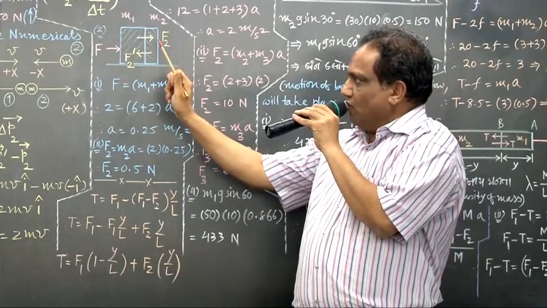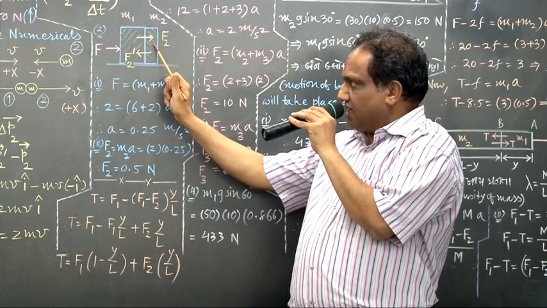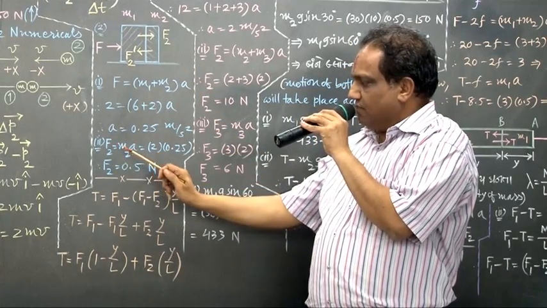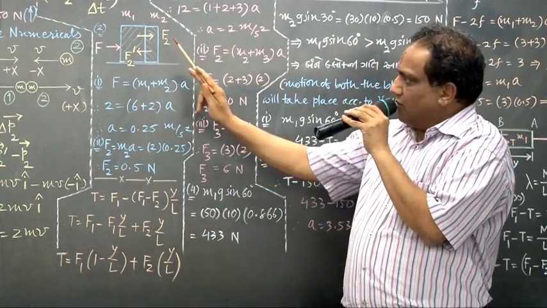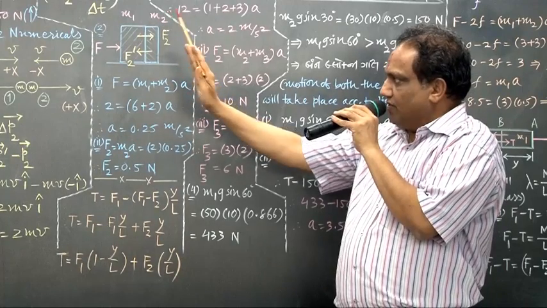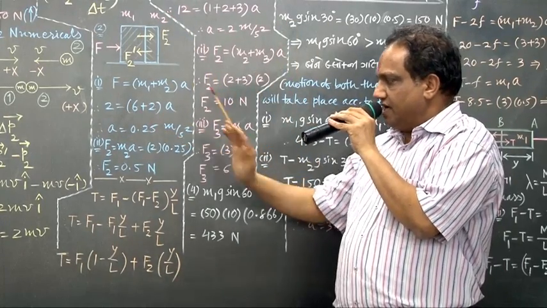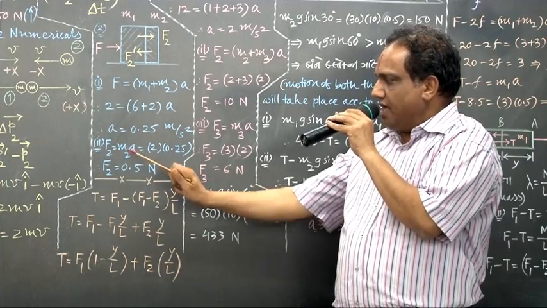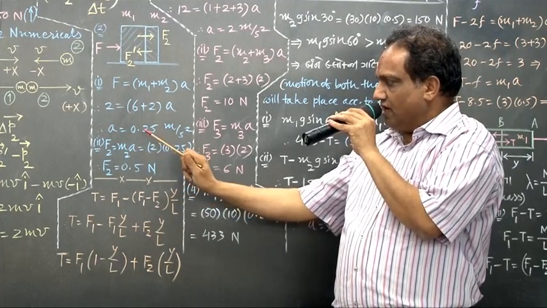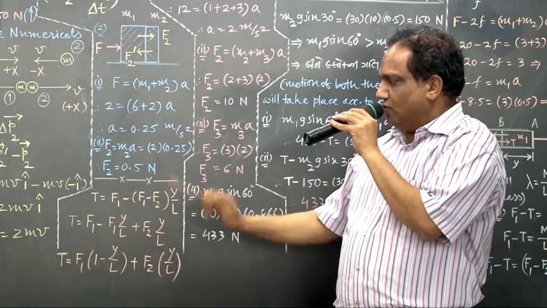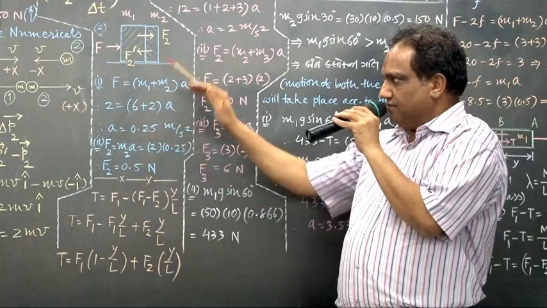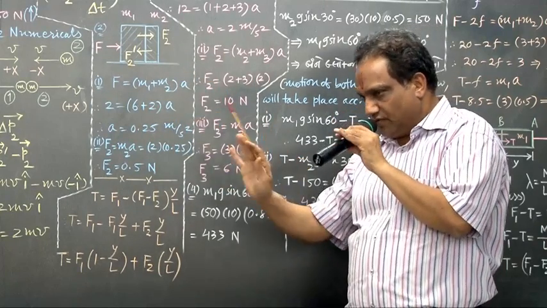Now, the force exerted on the second block only, let it be F2. Then you know force is mass into acceleration. This mass m2 is also moving in that direction with the same acceleration a, and I can write the force exerted on it as mass into acceleration. m2 is 2 kg. What about a? 0.25. 0.25 into 2, that is 0.5 newton. Your example is over.